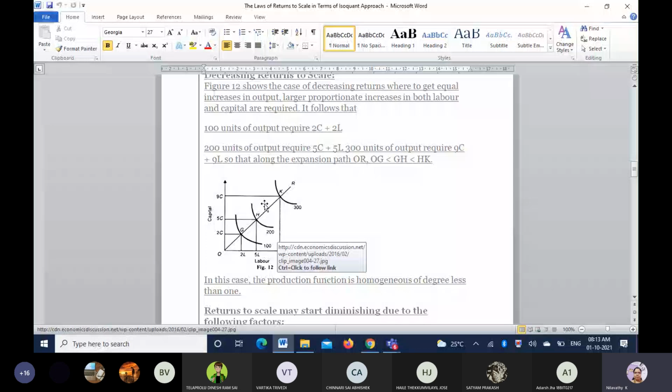So with this, what they are explaining is that to achieve the same returns, in future we are using a more labor proportion or more input proportion. The scale of input is larger also to achieve the same output or the same returns in the production process. That's why we call it decreasing returns to scale.